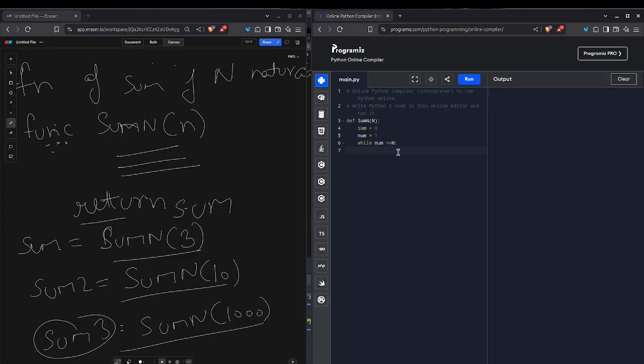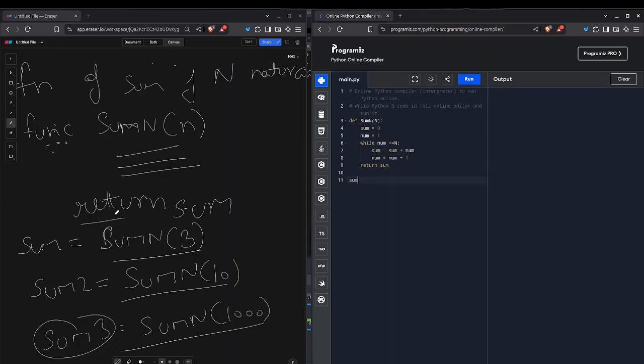The next is sum is equal to sum plus num. We are going to add all the numbers in the sum and we are increasing our number. After writing this code we are returning the sum.